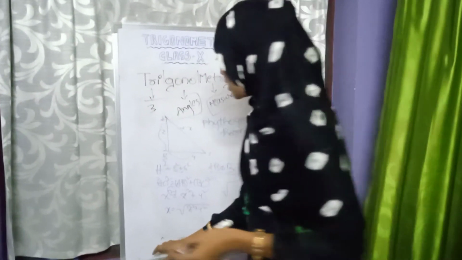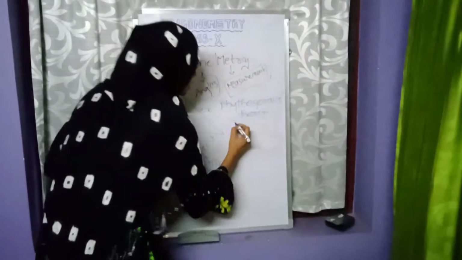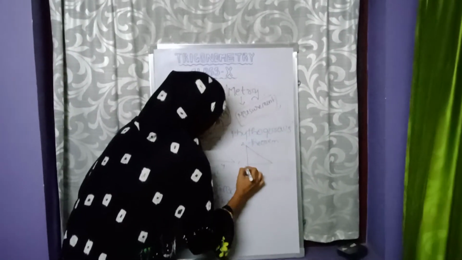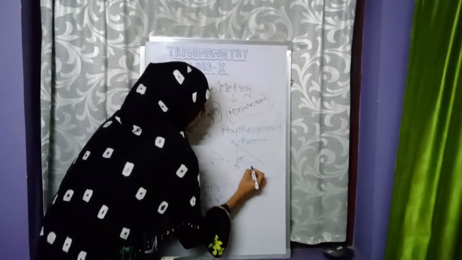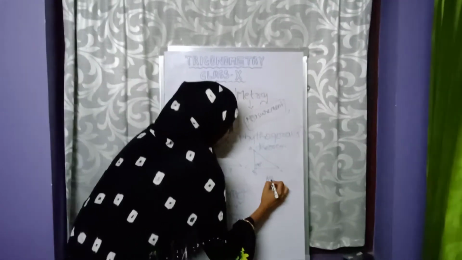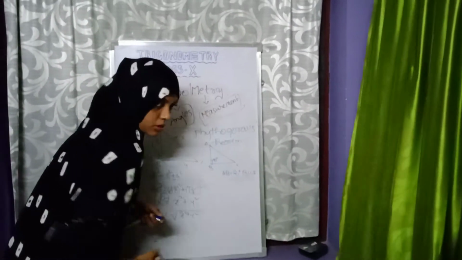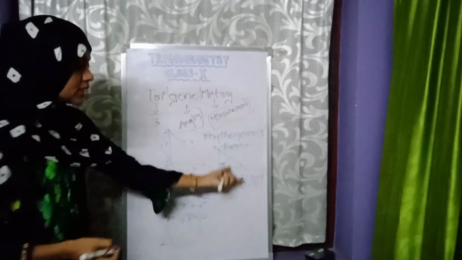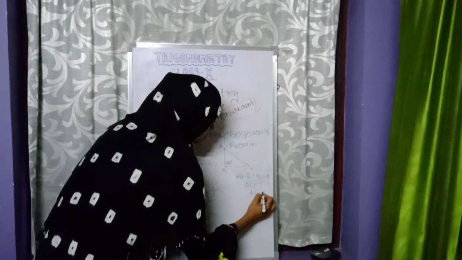Let's do a small example. For example, here it is given that this is a right angle triangle. A, B, C are the vertices and angle B is 90 degrees. Given that the side AB value is 2 and the side BC value is 3. Here we need to find the hypotenuse value, that is the AC value. So say AC as X.